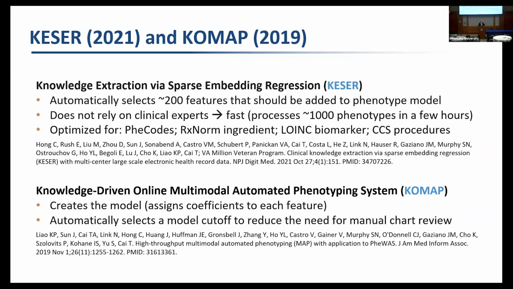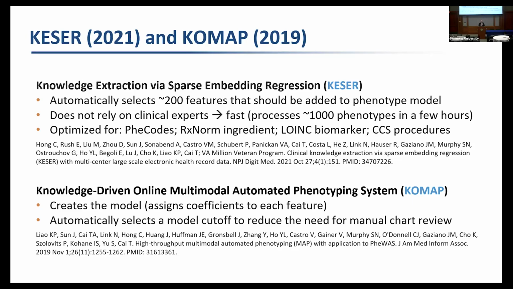So we, at Mass General Brigham and other institutions, started using that back in 2018, and then in 2019 and 21, further advancements to that algorithm were made. The first one is called CIPHER. So Phenorm is only using the diagnosis codes for a condition plus the number of visits the patient had. In CIPHER, it's using something called embedding regression, where it's using similar techniques to large language models, but in a different way,